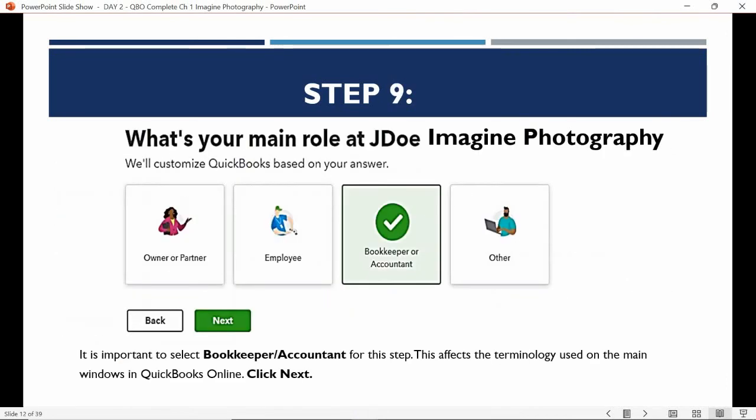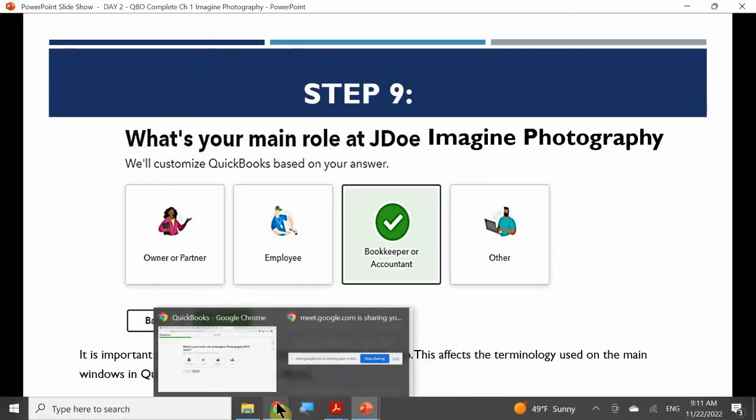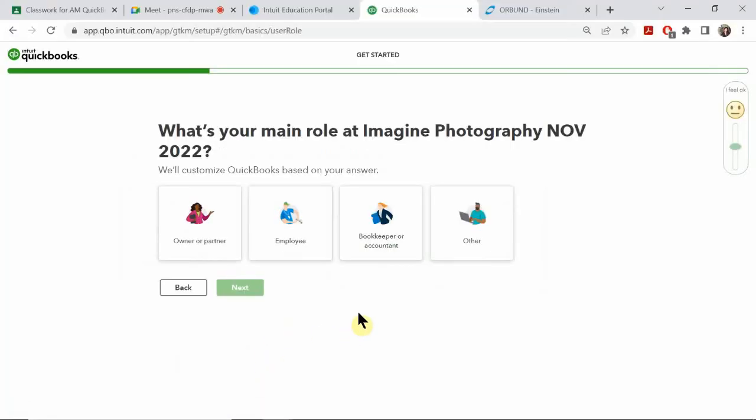All right. So now it's going to ask you what your position is when you're setting up this QuickBooks, right? In this case, are you the owner or partner? Are you the employee? Or are you the bookkeeper or other? Now, in this case, the majority of the time, it's usually the owner or the bookkeeper or accountant who normally creates this company file. Okay? So, again, because